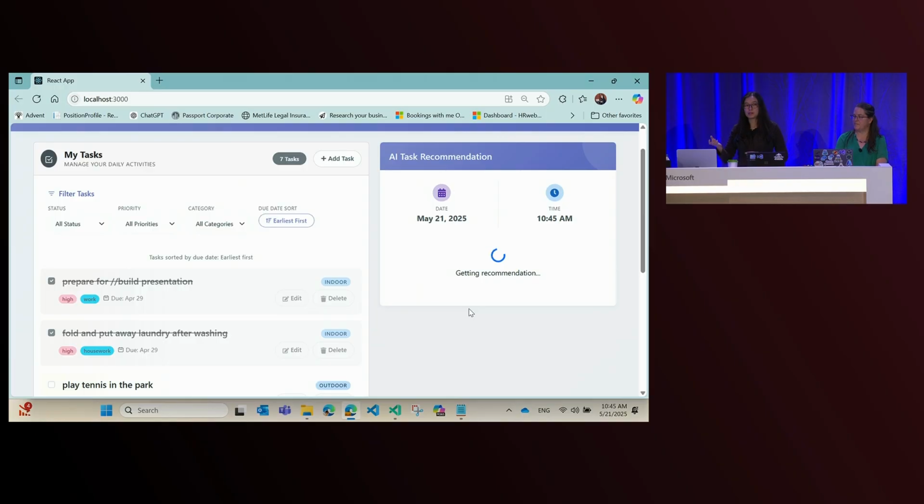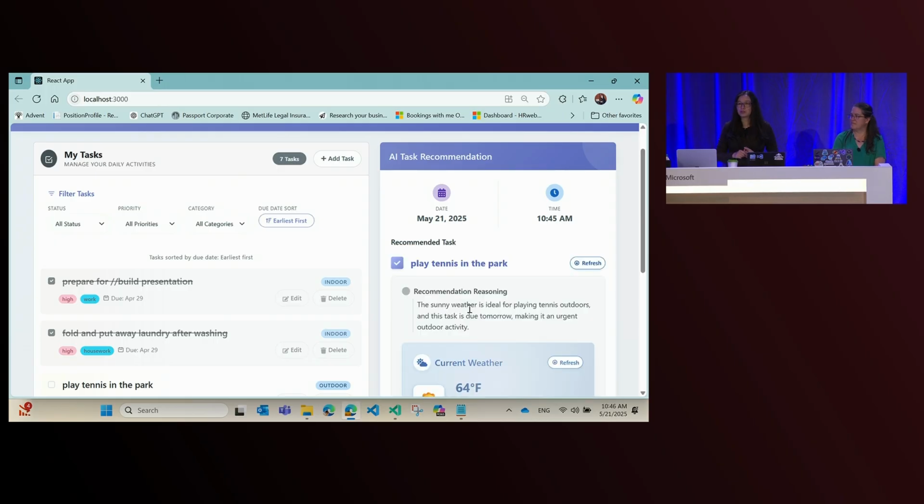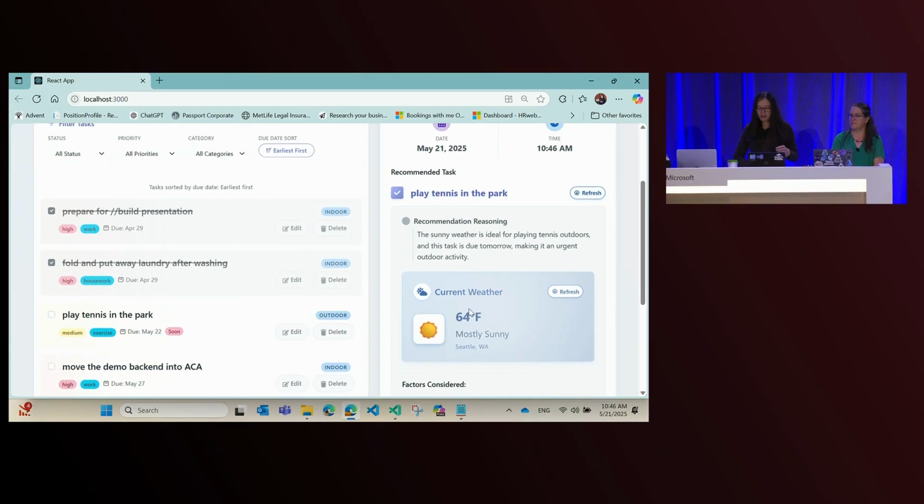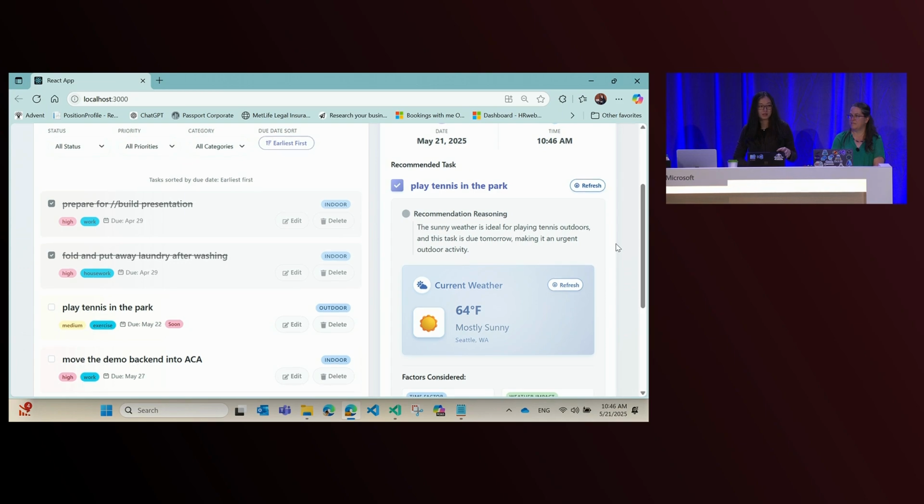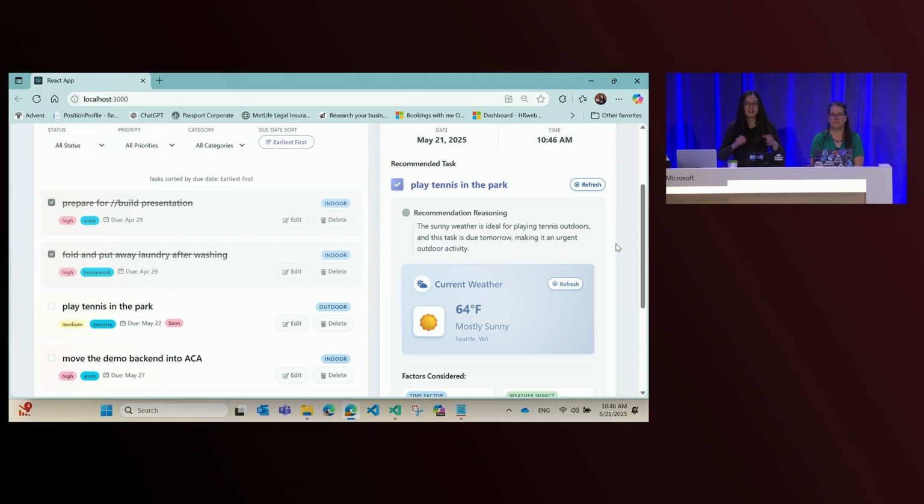And I have a remote model that is being used by that AI agent. And of course, I have 3 MCP servers that are at the disposal of that model. So the model decides which tool it needs to call and when to call it. And in the end, it's going to come back and give me a recommendation on the next task I should be working on based on the current time, the current weather, of where I'm at in Seattle, and this looks